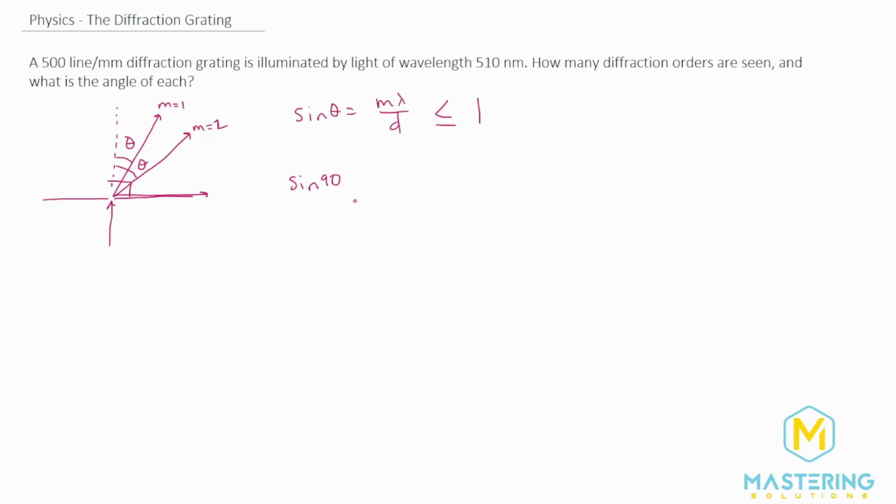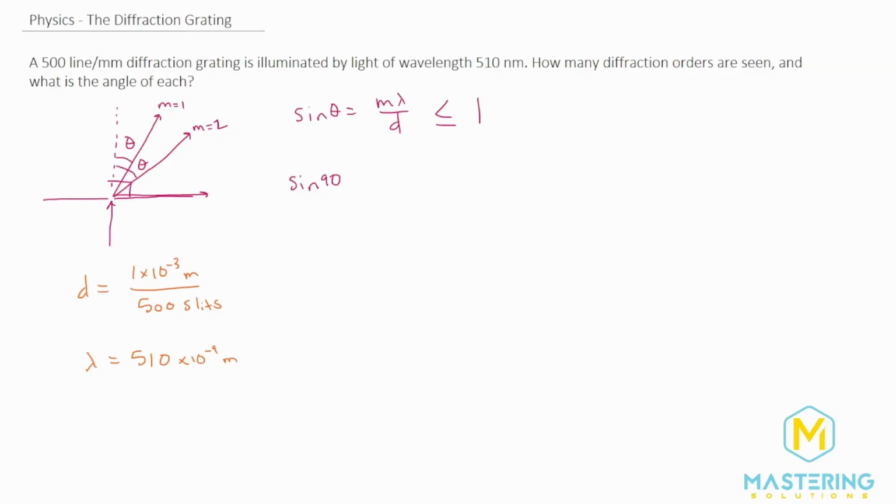So now when we go through here, we have a diffraction grating. Let's figure out what the d is. Let's see, we have 1 times 10 to the negative 3 meters divided by 500 slits. Remember, it's always width over slits or width over lines, same thing. And then that would give us some number. I'm not going to bother calculating it. And then we have the wavelength, they say, is 510 nanometers, 510 times 10 to the negative 9 meters. So what is changing in the equation? We're wanting to figure out how many diffraction orders are seen and what's the angle of each of them.